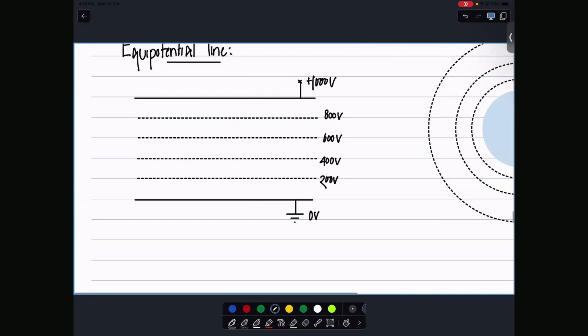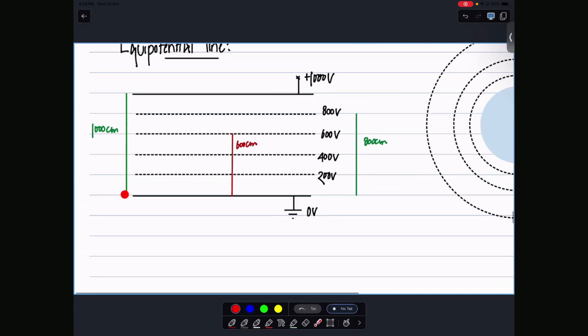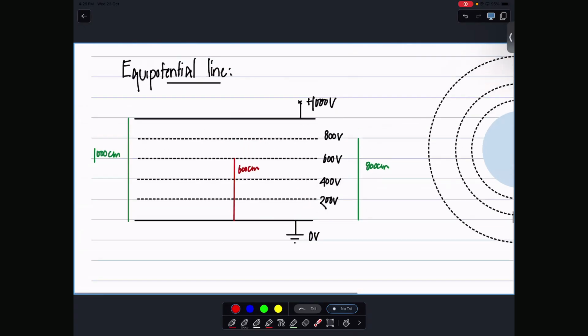Now, remember I told you that we take the plate separation, not the location of the charge. So I'll show you something here. Let's say this is 1000 centimeter. For clarity, I'm keeping the same number. So 1000 volts, 1000 centimeter, which means that at this particular location, what should the length be? 800 centimeter. At that particular location, what should the length be? 600 centimeter. So if you find the ratio of the voltage to the distance, you'll find that for any location, the ratio of the voltage to the distance is always going to be what? Same. I'll give you a numerical example.